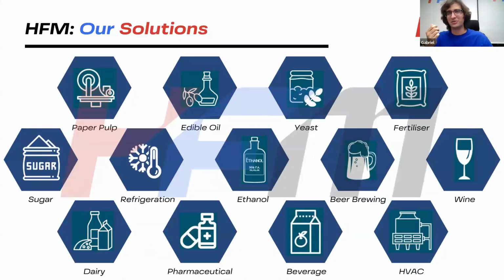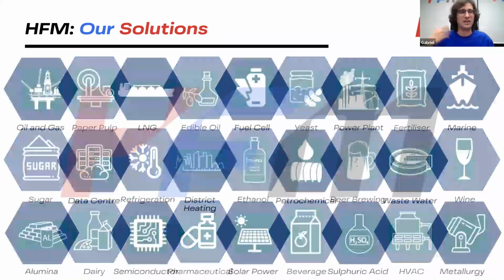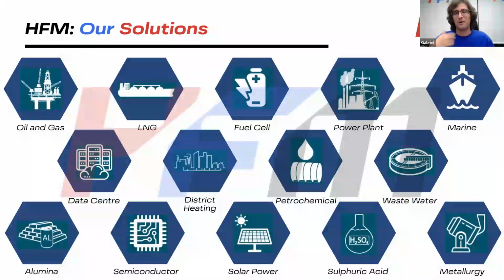But even more industries that are not very related to food and beverage also make use of heat exchangers, such as oil and gas, LNG, fuel cell, power plant, petrochemical, semiconductor, district heating. All of them somehow have temperature management. They use plate heat exchangers, and Hoffman is ready to help you